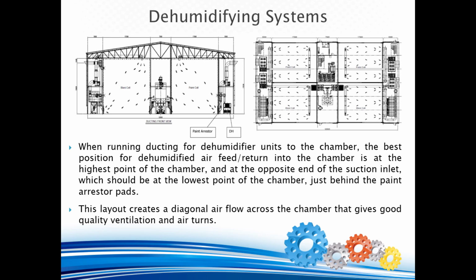As a rule of thumb, the dehumidifier unit is sized based on the number of air changes required, and this is the volume of the chamber multiplied by 2 to 3 times, depending on room insulation and ceiling. For example, for a chamber of dimensions 30 meters length by 15 meters wide by 8 meters high, we have a volume of 3,600 cubic meters. Multiplying this volume 3,600 by 3 gives us 10,800 cubic meters per hour. Hence, the closest suitable model is the 12,000 cubic meters per hour